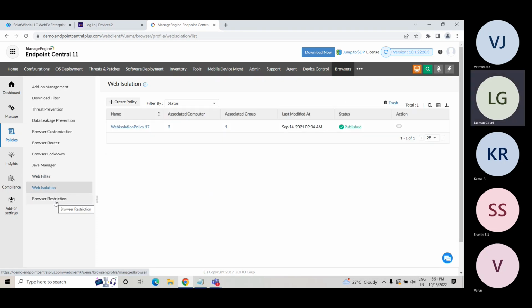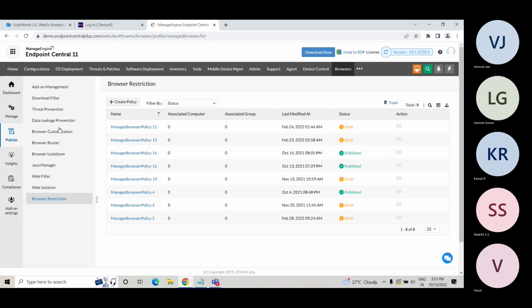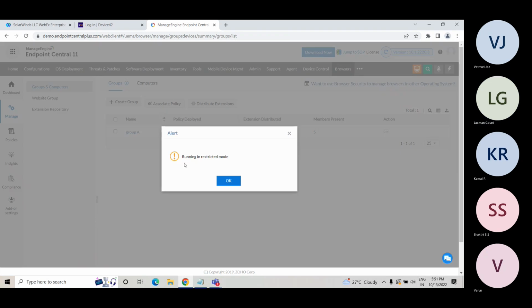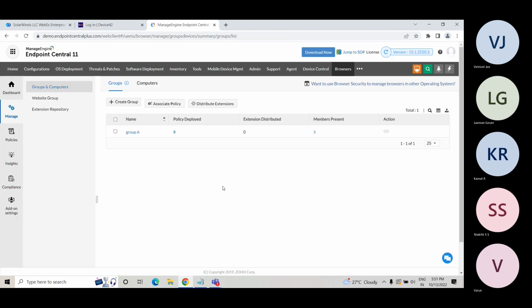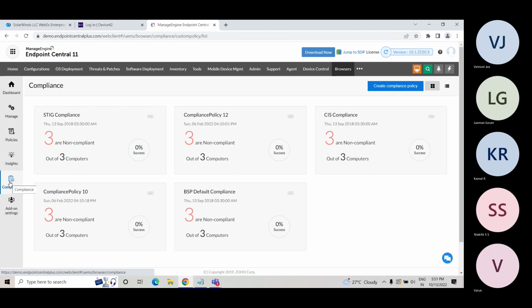Web isolation, browser restriction, all this. All the operations that you want to do, you can create policies referring these menus on the left-hand side and push it to the respective computers or respective groups from this associate policy. And with this browser management that you do, you can also derive the compliance as we saw for your vulnerability management. As you see here,